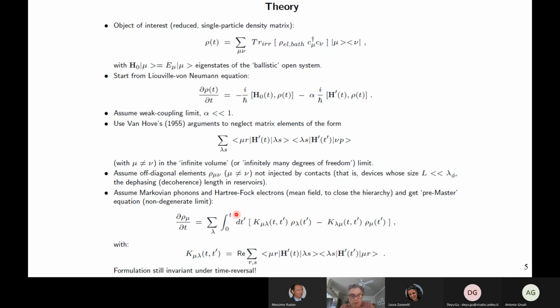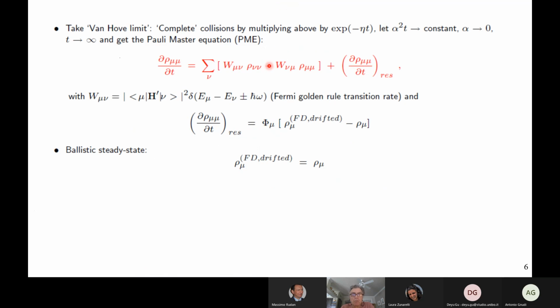Then we can cap the machinery, but before doing that, we complete the collision. So we extend this integral essentially from 0 to infinity by assuming that the collision is weak enough so that we can take the limit of t goes to infinity as the coupling goes to 0, as this goes to a constant. And then you recover this master equation, in which these are just the Fermi golden rule scattering probabilities from state mu